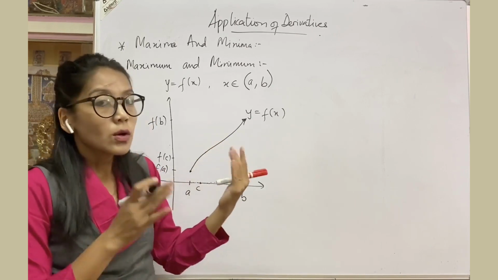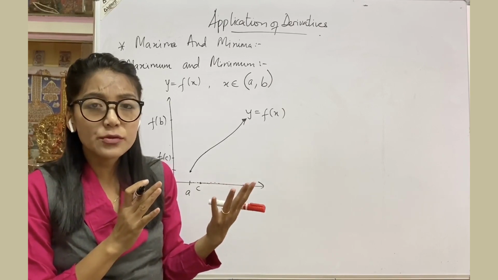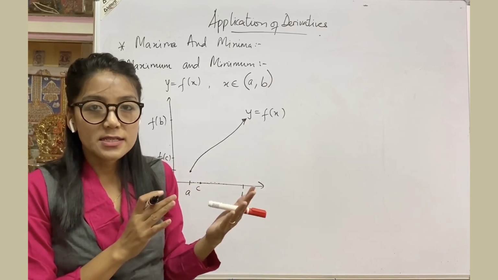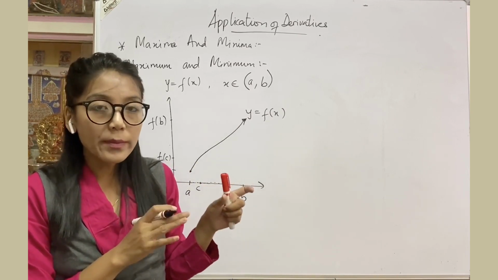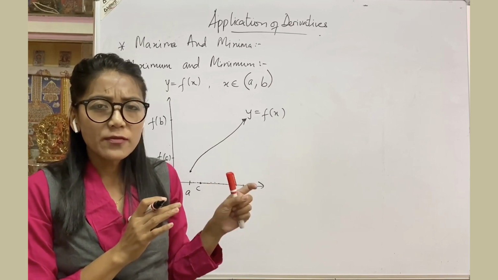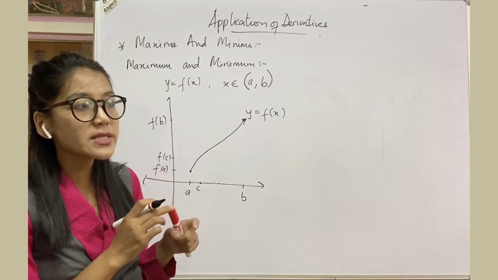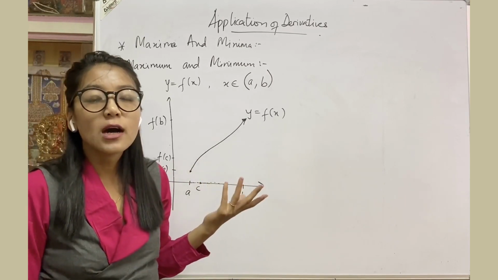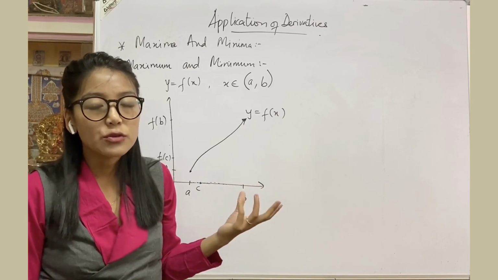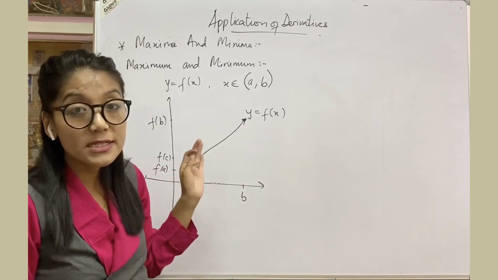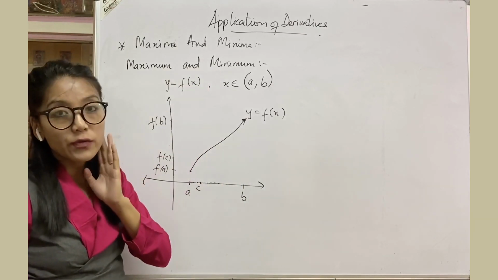So for a function, the maximum and minimum values may exist, or they may not exist. You have to check for that, but remember that for any function it is not necessary that the extreme values will always exist. There may be some function for which you cannot find both the maximum and minimum values, or you cannot find one of the extreme values. It happens depending on the interval and the given function. So this is all about the maximum and minimum value of the function.